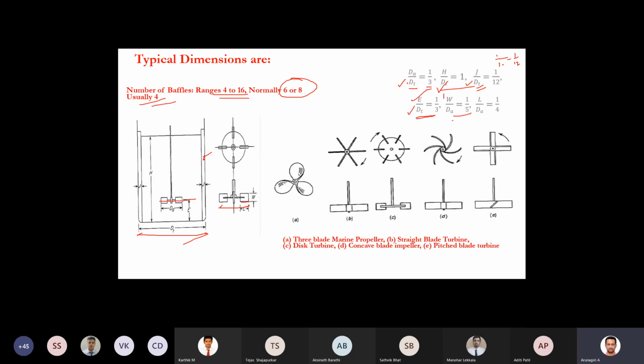If you see, the diameter of the agitator, the height of the liquid, the width of the baffle, and the clearance between the stirrer and the wall are all referred based on dt. What is W? W is the width of the agitator blade, which is referred with respect to the diameter of the agitator. So these two are different, please note. Other things are referred with respect to the diameter of the tank. W would be 1/5 of the diameter of the agitator, and the length should be 1/4 of the diameter of the agitator. This is the standard dimensions.